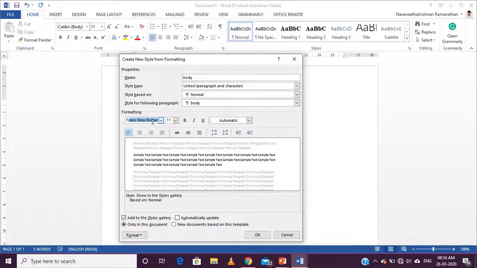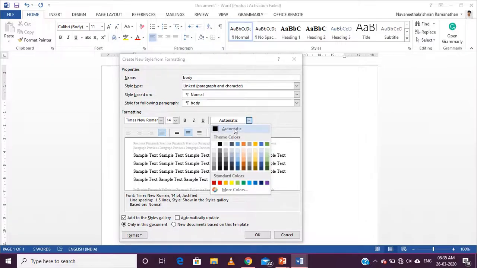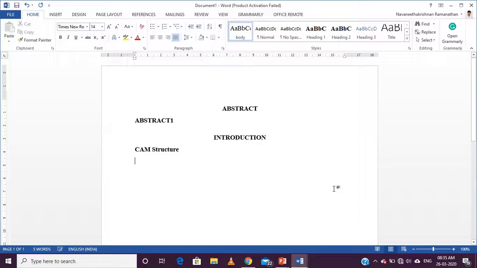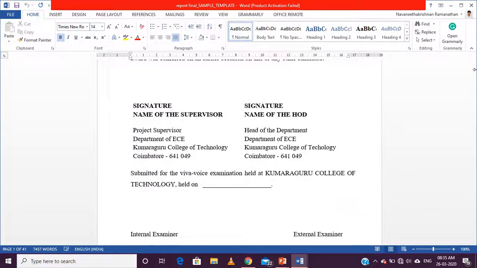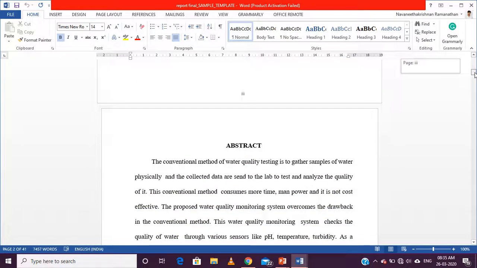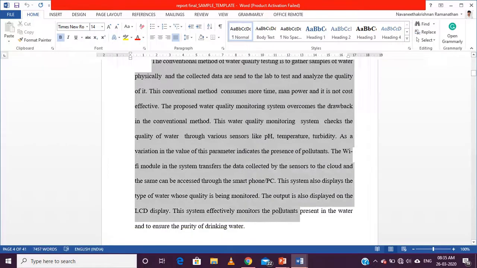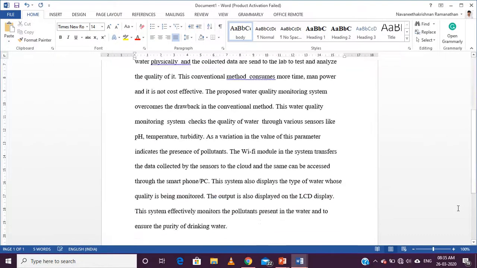Times New Roman 14, not bold, justified, 1.5 line spacing, and the color should be black automatic. Whatever you type, for instance I will just copy something, but don't do this. Copy paste is not a good choice. For the time being, I'll just copy paste.